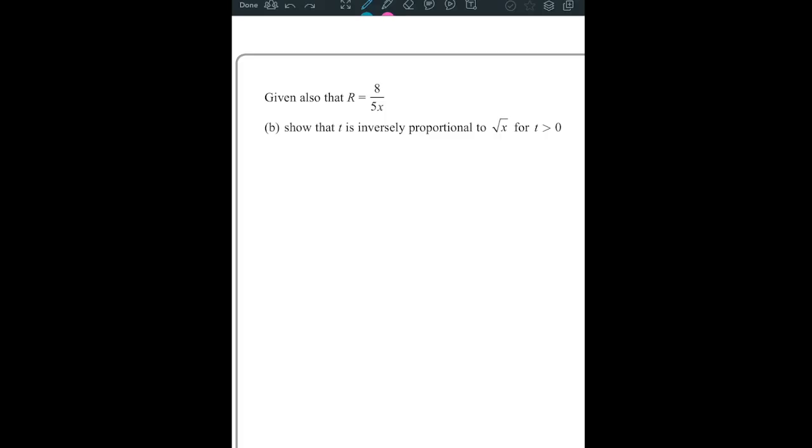Okay, so now we have a formula for r in terms of t, which was our 2.5 t squared, and a formula for r in terms of x. So we want to link t and x, so let's link t and x. Because the rest of it is in fractions, I'm going to write the 2.5 as 5 over 2 equals 8